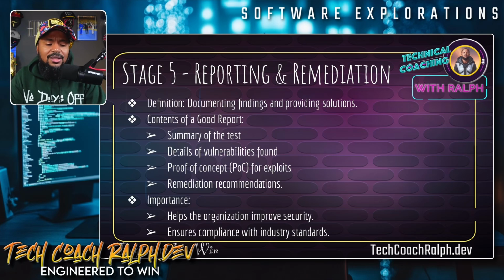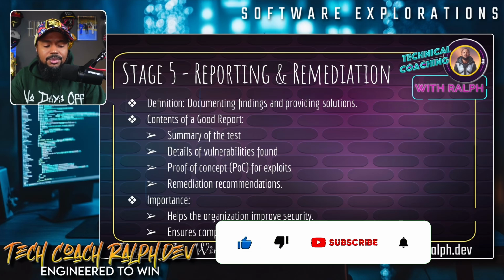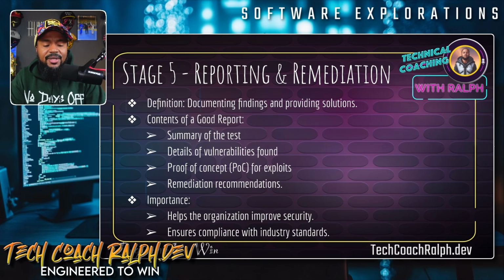So what are the contents of a good report? You have the summary of the test that was conducted, the details of the vulnerabilities that you found, proof of concepts for the exploits that are possible, and then remediation recommendations: how to fix this and how to protect the system. The importance of this is it helps the organization improve security, and it ensures compliance with industry